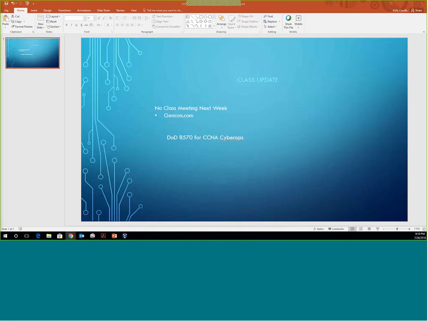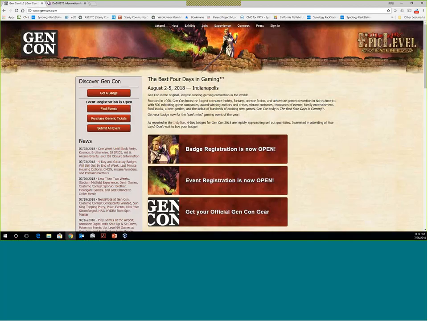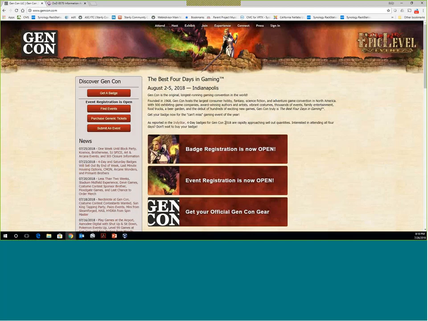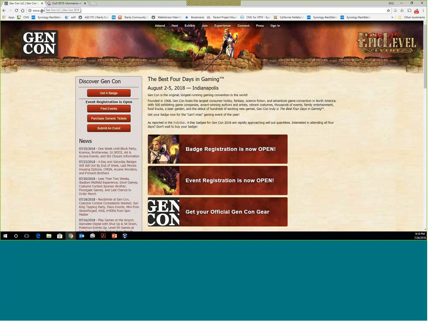I know y'all really don't care, but I'm playing Space Hulk Thursday, which is a miniatures game. If you ever want to know what Gen Con is, go to gencon.com and take a look at it. It's just a neat little fun thing. Just be aware, don't ever wait till the last minute to get your tickets because it sells out. And hotels downtown Indianapolis sell out so fast, it's absolutely unbelievable.